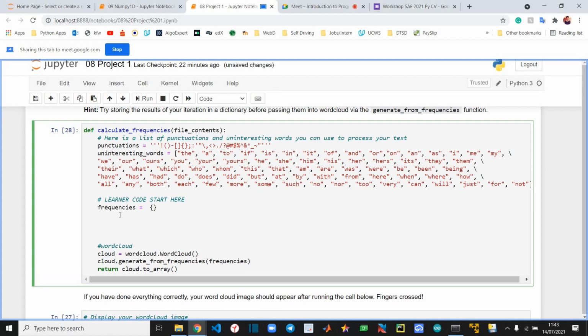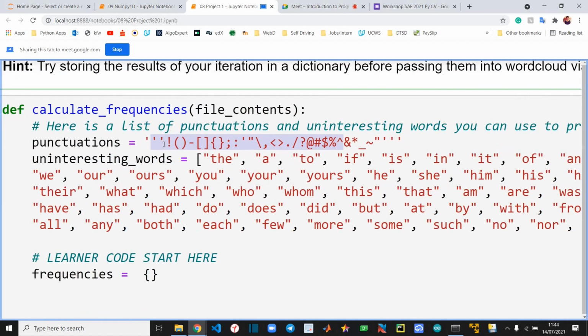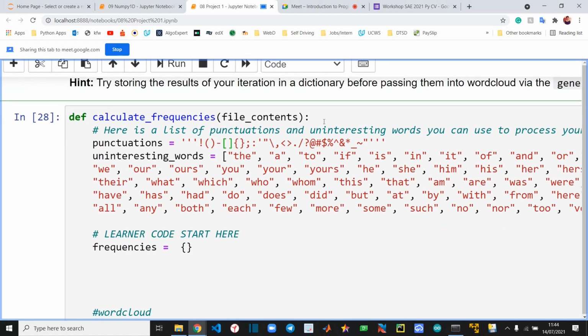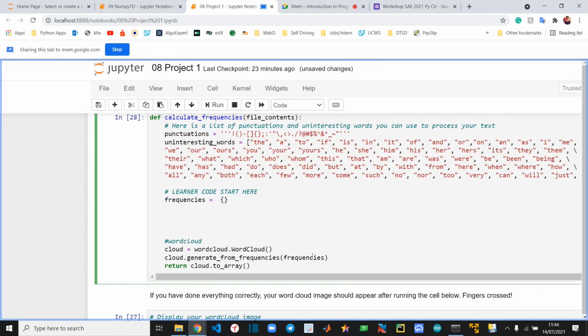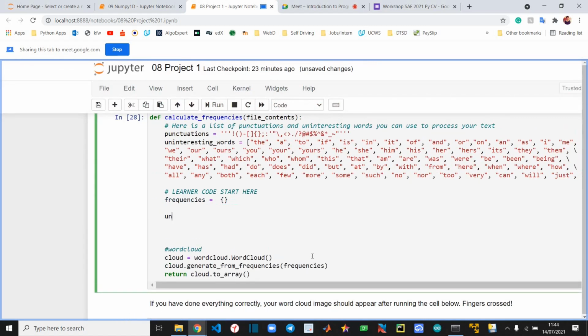And the first thing, as I also told you last time, is that we'll filter out all these punctuations: exclamation marks, bracket open, bracket close, dash, square brackets, full stops, periods, and all these kinds of things that are not very interesting to us. So first we'll filter out all of this.